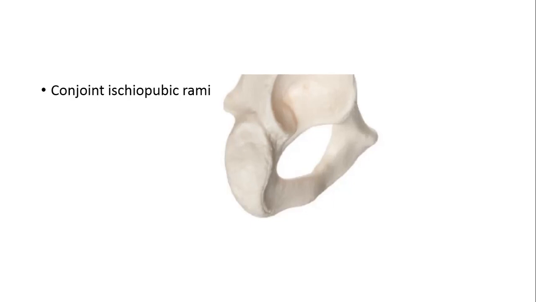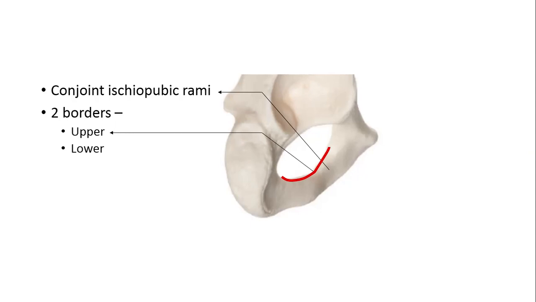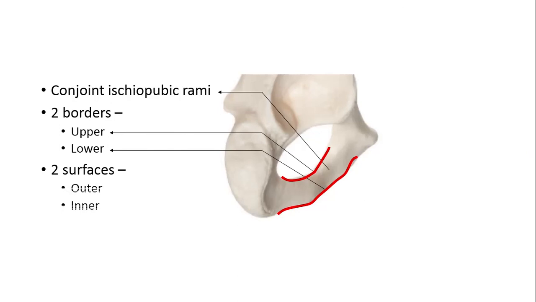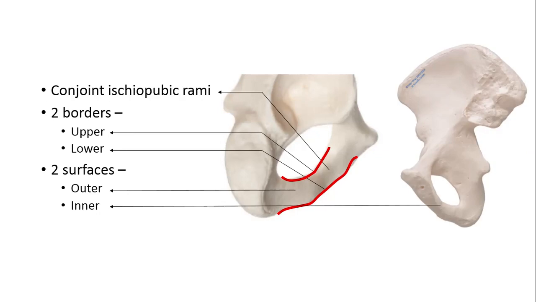now the conjoined ischiopubic rami. This is the ischiopubic rami, and it has two borders, upper border and lower border. This is the upper border, which forms the anterior border of the obturator foramen, and this is the lower border. Two surfaces: one is the outer surface and one is the inner surface. So this is the outer surface and this one is the inner surface. Okay,